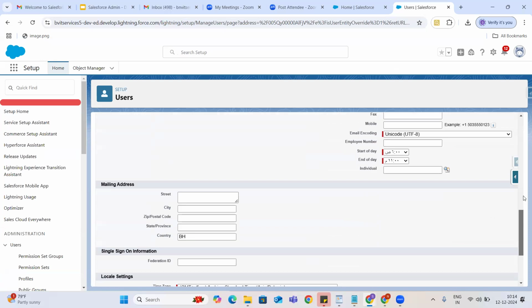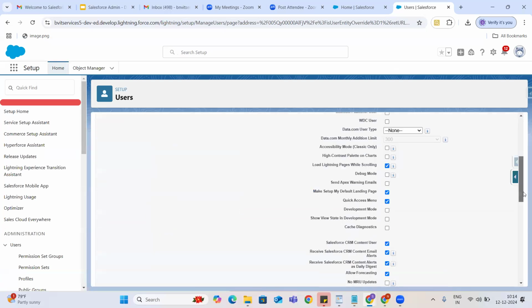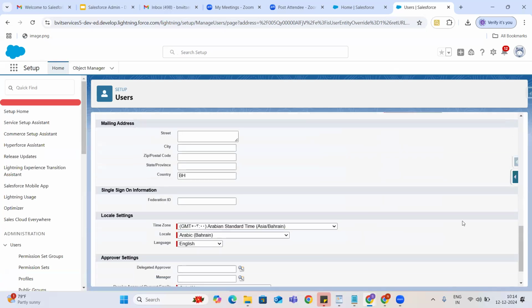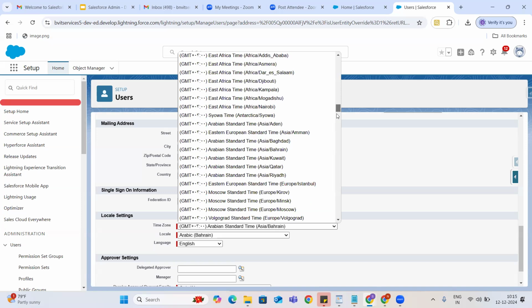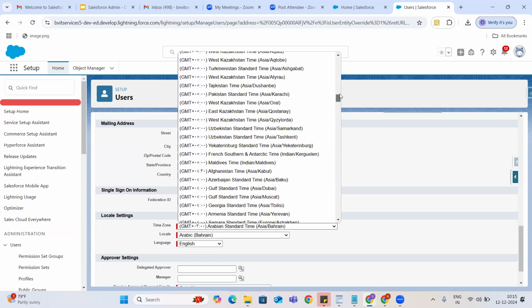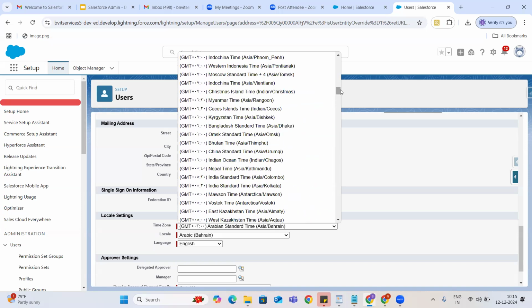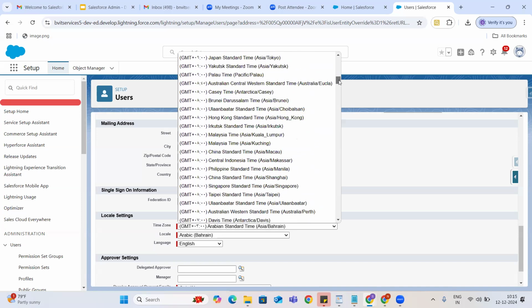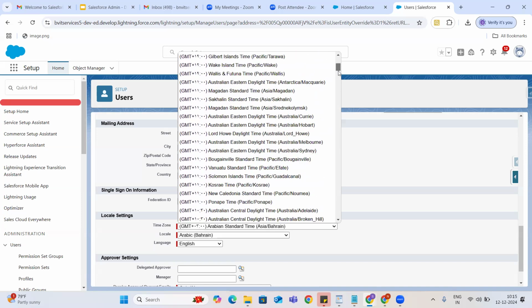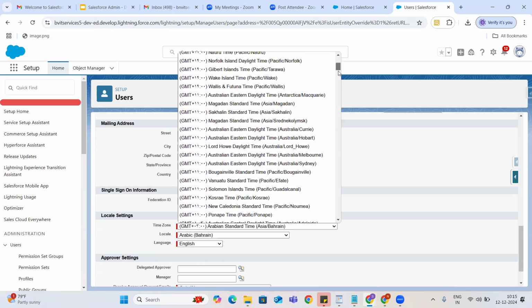Whatever time zone you select here, the same time zone will display the dates, guys. Whenever you create or update records, we input some data, right? For all that information, the dates are very important, and that is what is going to display. It's not Indian Ocean time, it's IST. Ours is Indian Standard Time, guys.